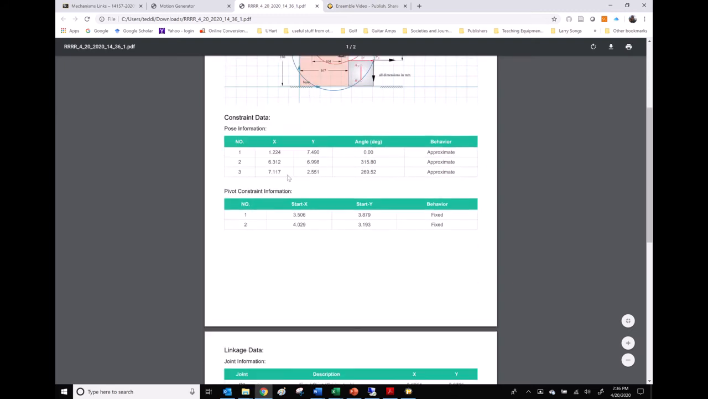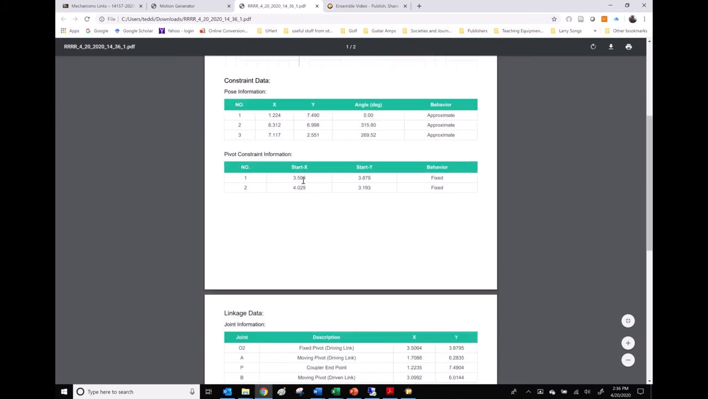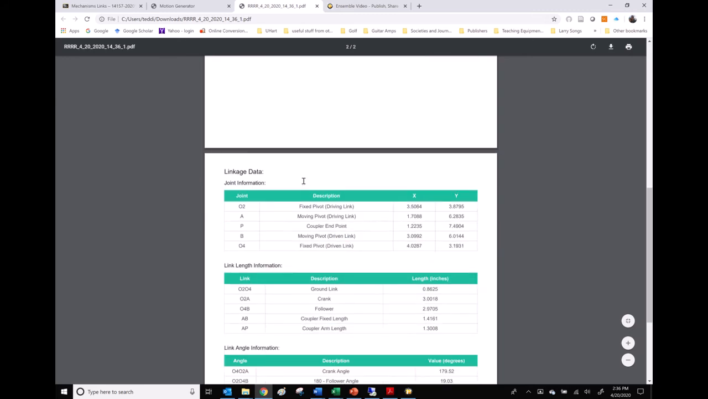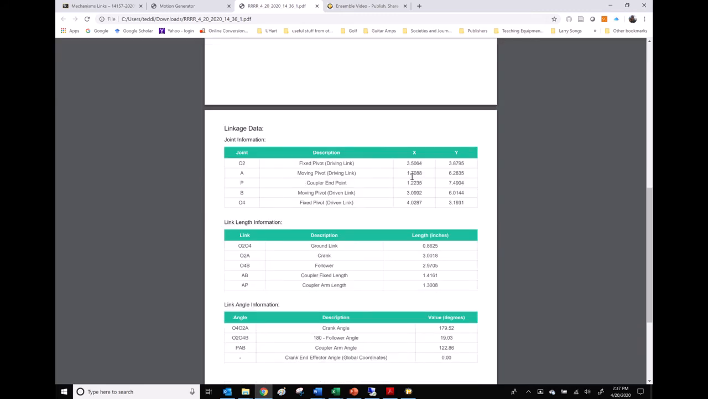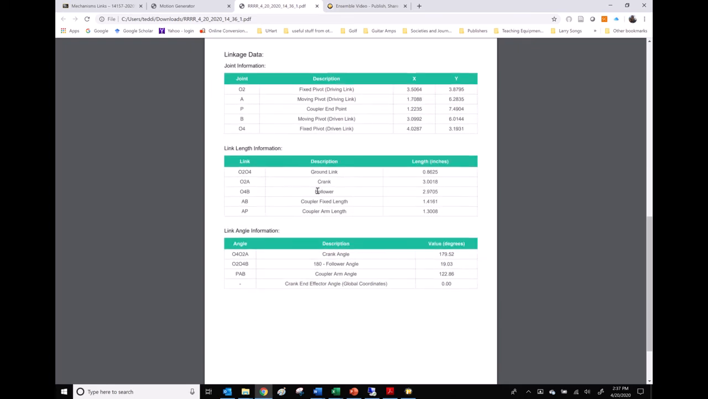So we got pivot information. We're starting at these points, and we have joint information, and they're giving us the location of the joints. But here's the important part right here. Here's the one that we're going to probably end up needing to use the most and to scale up, right? We're going to have the ground link, the crank, and the coupler, the follower. I think they mean the rocker right here, and then the coupler fixed length. And they're also going to tell us where the